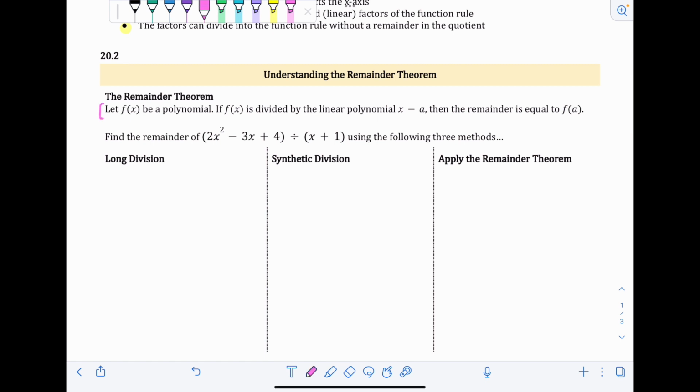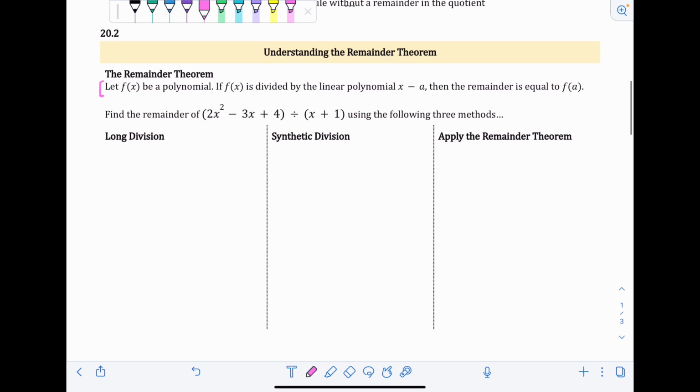Let f of x be a polynomial. If f of x is divided by the linear polynomial x minus a, then the remainder is equal to f of a. Okay, so that doesn't really have to mean that much now, but in this section I'm going to show you